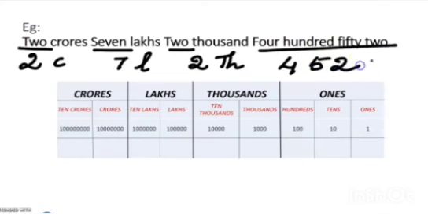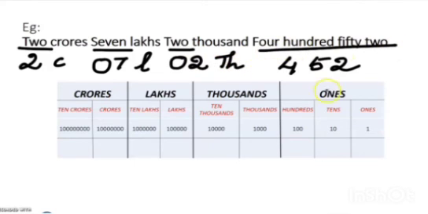So as you can see here, in the thousands and lakhs periods there is no 10,000 place and there is no 10 lakhs place. So what you have to do is, if there are any vacant places in a number, you have to just fill them with 0. So in the 10,000 place I am going to put 0, and in the 10 lakhs place I am going to put 0. If there are any vacant places in a number name, you have to fill them with zeros. So here in the 10 lakhs and 10,000 places, I have filled them with 0.